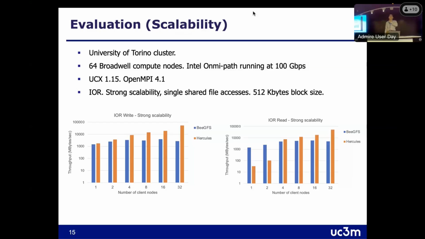nodes, even when you are writing, which is very curious because in BeeGFS they have very aggressive caches in the client, okay? And as you see, when we are reading, we are again being more scalable as we increase the number of client nodes. However, when we have a very small number of clients, we are less efficient than BeeGFS. Okay, why? Because we are not using this kind of caches. We are not doing things like prefetching. So we are trying to solve this left part of the read